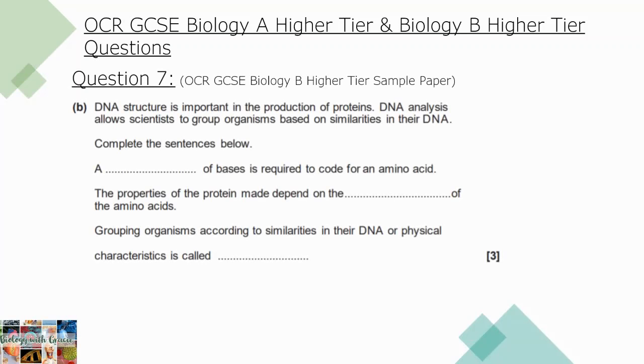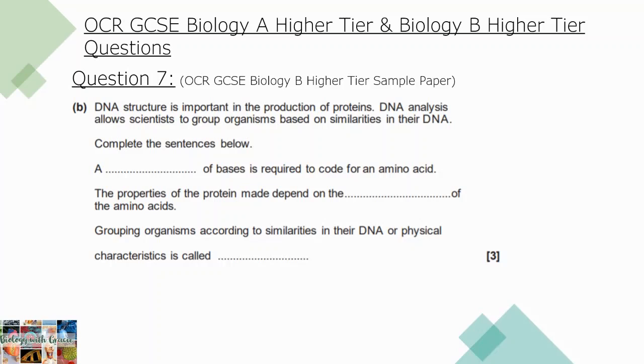Question 7. DNA structure is important in the production of proteins. DNA analysis allows scientists to group organisms based on similarities in their DNA. Complete the sentences below. So our first sentence is a blank of bases is required to code for an amino